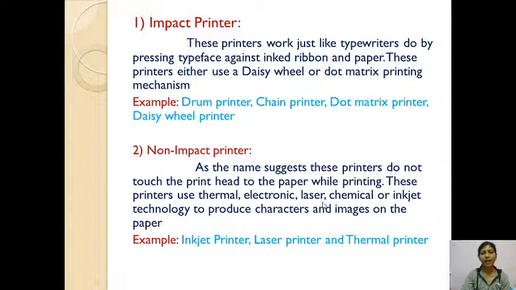These printers use thermal, electronic, laser, chemical or inkjet technology to produce characters and images on the paper. If you want to print any image, we use this technology. For example, inkjet printer, laser printer and thermal printer are all examples of non-impact printers.